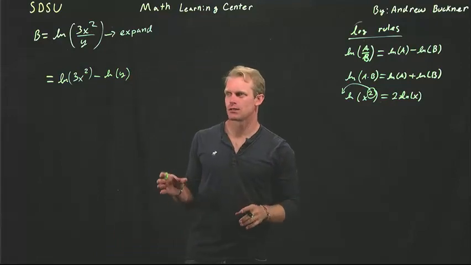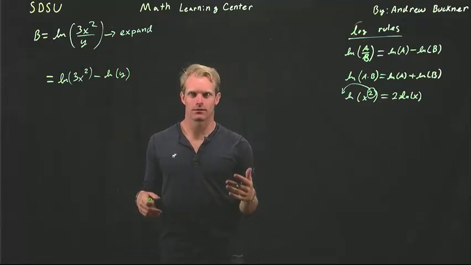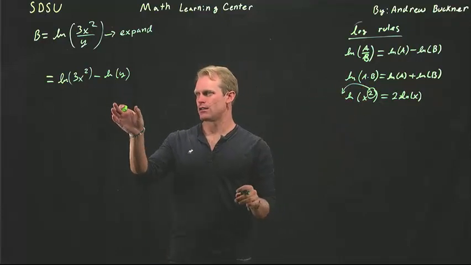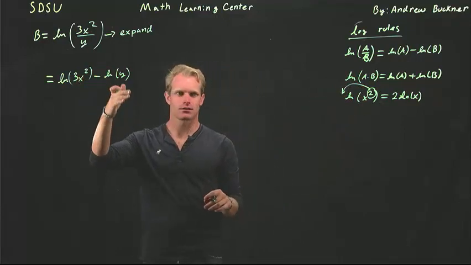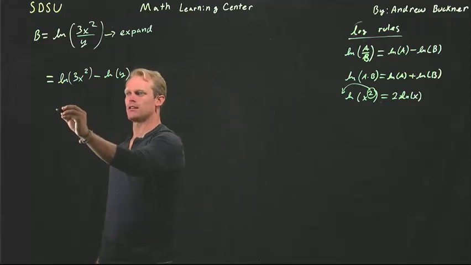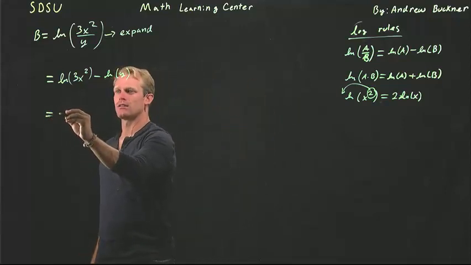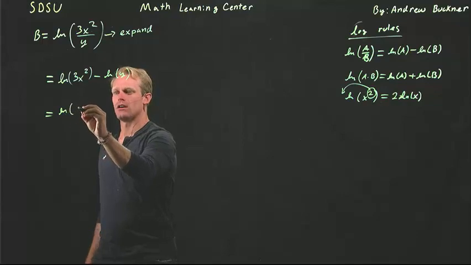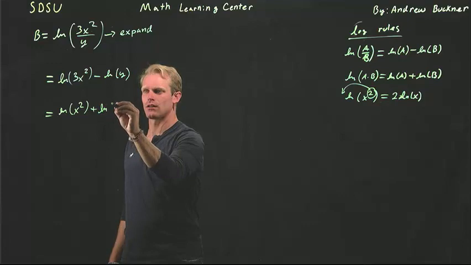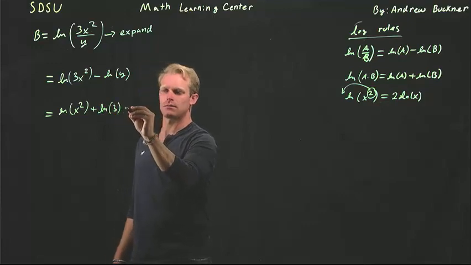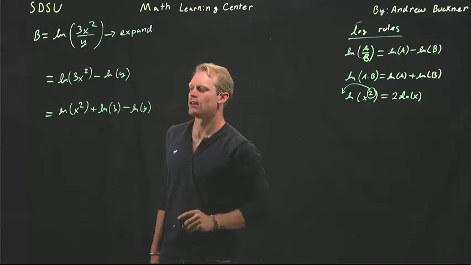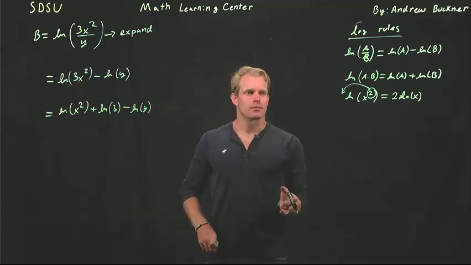My next step is, again, to look at what looks familiar, and I'm going to look at the second law. I see here I've got a 3 times an x squared. So I'm going to use the second law here and expand that out. So then I have the natural log of x squared, adding the natural log of 3. Then I'm subtracting all that by the natural log of y. The last step is to then look at the